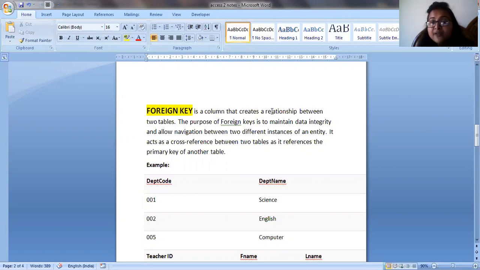It has to be a primary key in some other table in your company. So in pay details, my employee code is a foreign key, and in your employee table, my employee code is a primary key.